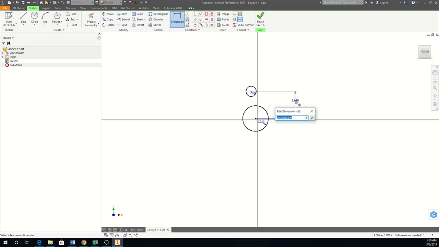And it is 1.75. There we go. We're going to worry about this alignment in a little bit. And our next step is to put a line